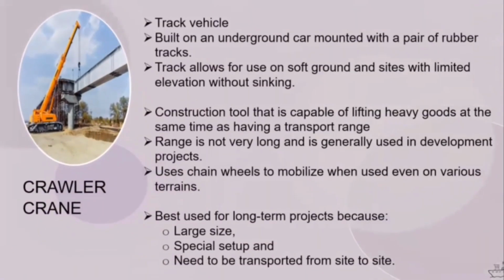The first one is the crawler crane. The crawler crane is a track vehicle. The crawler is built on an undercarriage mounted with a pair of rubber tracks, although this limits the turning capacity of the crawler. The track allows for use on soft ground and sites with limited elevation without sinking. In addition,